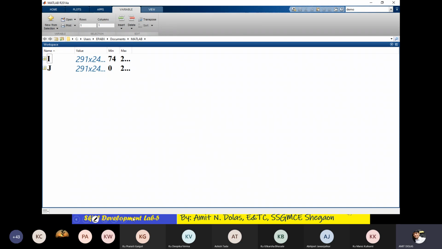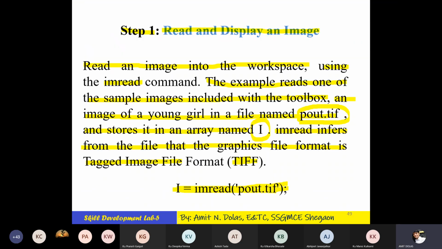If you say integer 8, then it has 256 levels, or in terms of an image, it will have 0 to 255. This will be the unsigned integer 8 representation.